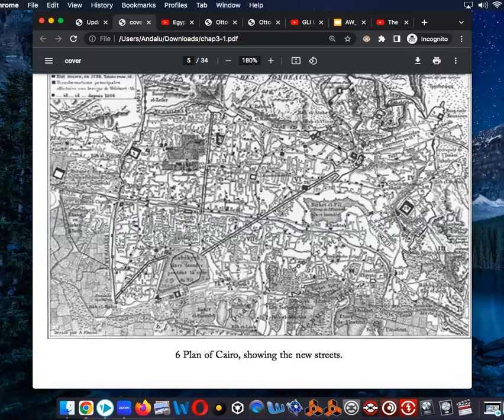So you do have today in some of the wealthiest districts around the world, gated communities, and people spend a lot of money to live there. But the old cities like Old Fez, Old Cairo, they were naturally gated communities. If you walk through Fez, you can see that the neighbors know each other, they can take care of each other's children. But in the 1800s, Egyptian administrators, in agreement with Paris and London administrators, thought that these kinds of